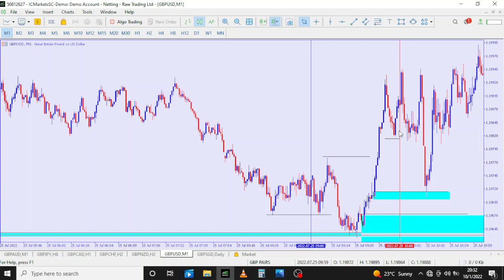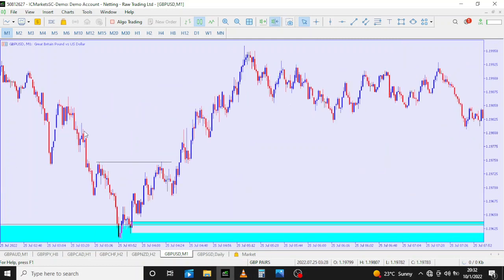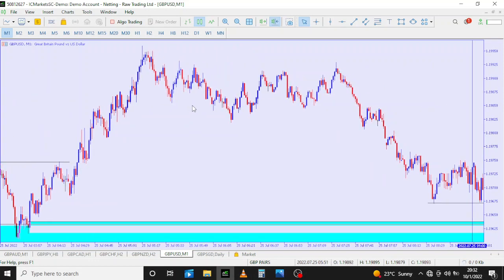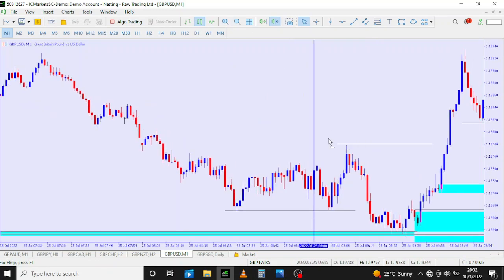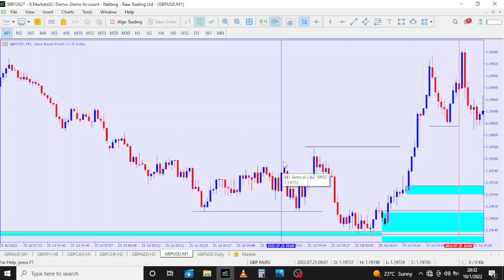During Sydney and Tokyo session, the price mitigated our point of interest and went on above, but it went back to our point of interest. Look, you see, Frankfurt open, 7 a.m. UK time, which is 8 o'clock my local time,